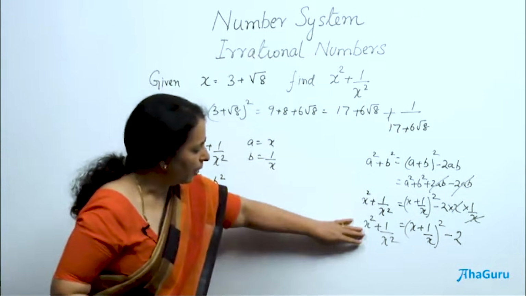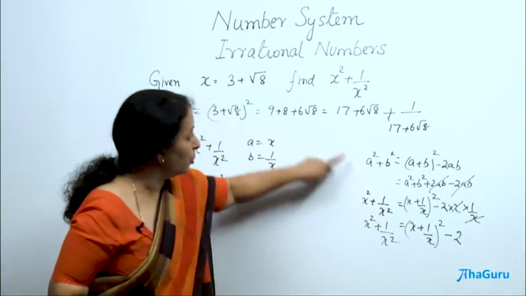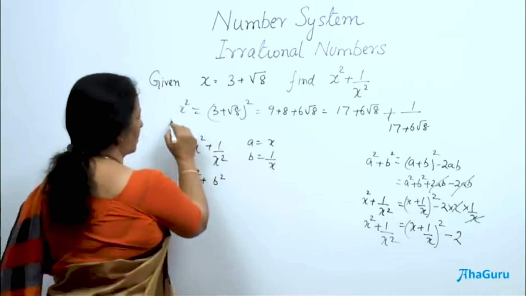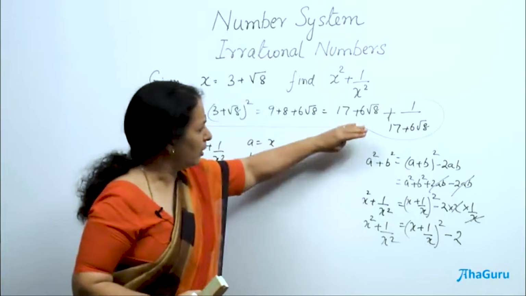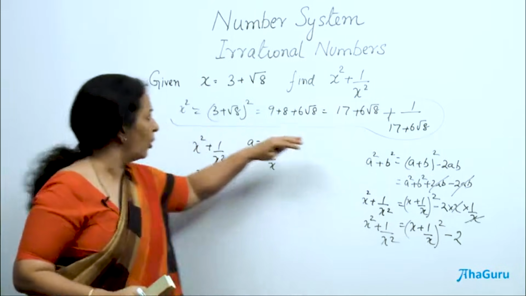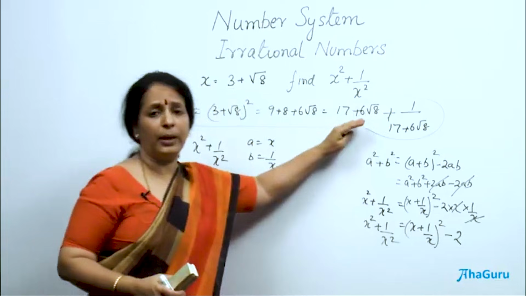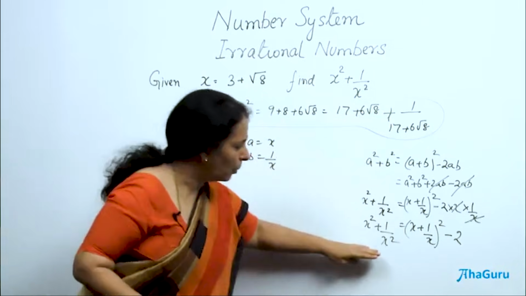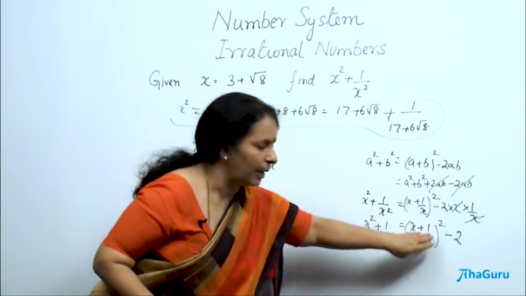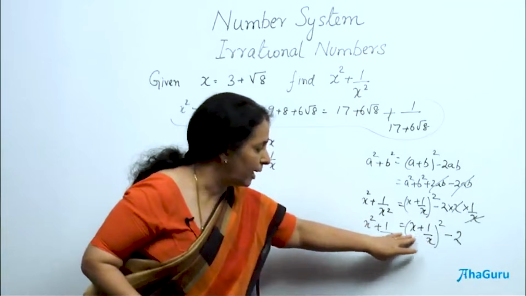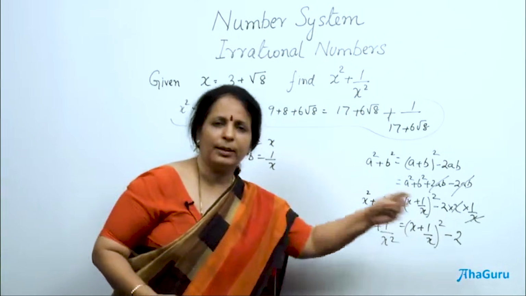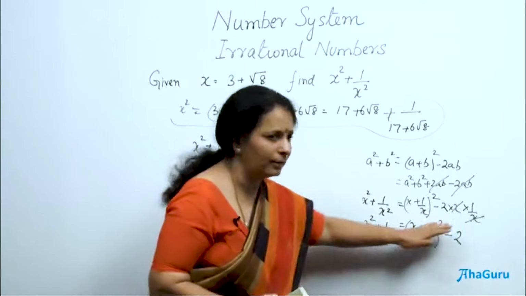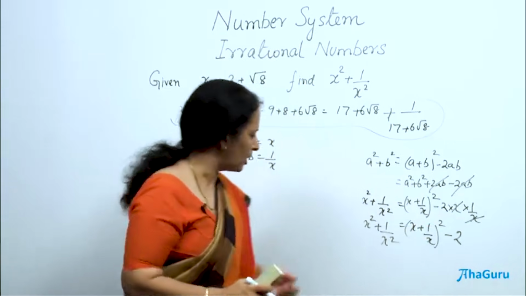So I have converted this square term, because if I do square, just see how horrible it looks. Very complicated, isn't it? So I don't want to use another complicated term. Already this one is complicated and you are getting a bigger one, which you don't want to use. But look at this. I have only x and I have only 1 by x. Now x is an irrational number. 1 by x also is going to be irrational, but that can be rationalized and maybe something simpler will come. So let us look at that.